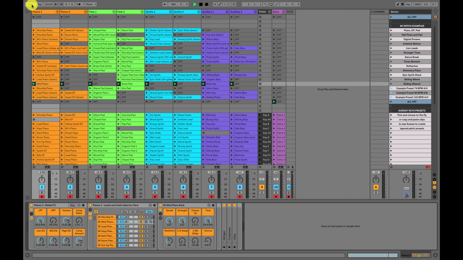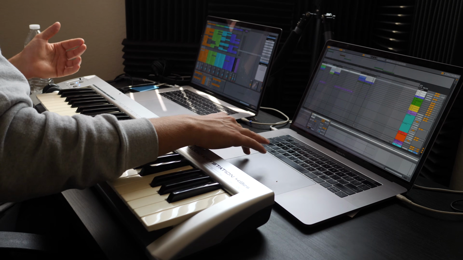And there's two really cool things you can do in this type of environment when you have Ableton running on multiple computers, one running tracks, one running your keyboard patches. The first great thing you can do is you can sync up their tempo using Ableton's Link feature. And this is a really easy feature to enable. So on both computers, make sure you're on the same Wi-Fi network. That's step one. And then all you have to do is click the little link button on the top left